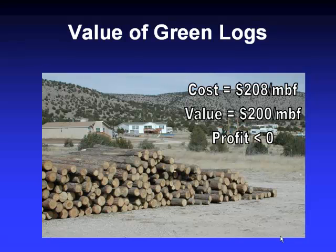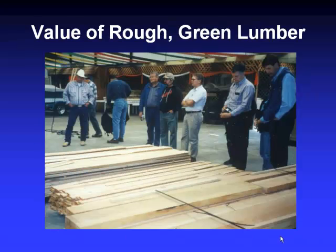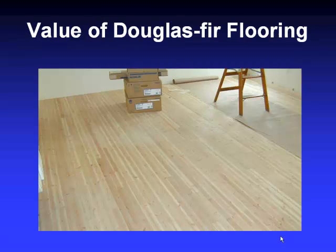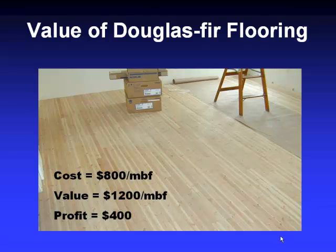So we can see here, you have some logs. They cost more to harvest than they're worth. Same sort of thing, it can cost a little more to turn it into lumber, and that value could also be less than what they are worth. However, this value added, this is a company that is in Northern California. They took